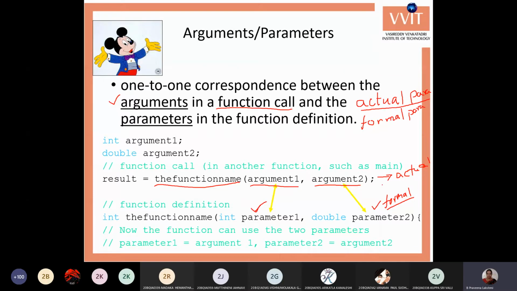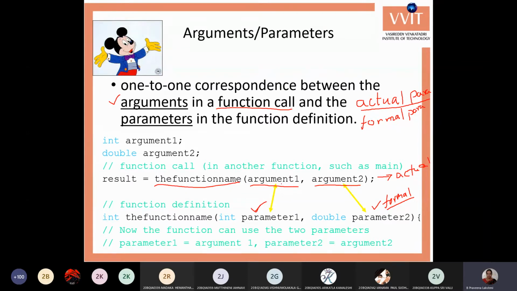But within the program, the arguments are available from the beginning of the main program to the end of main, so they are called actual arguments, actual parameters.